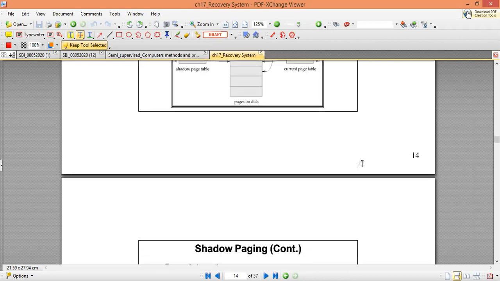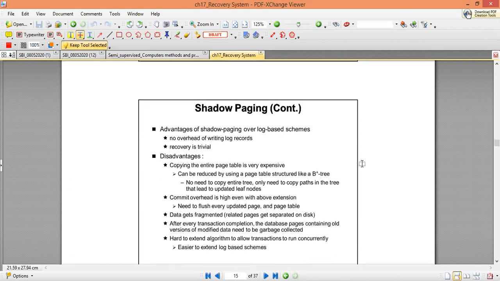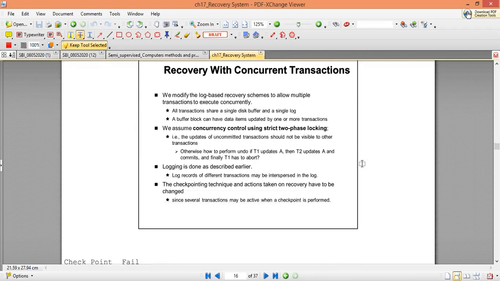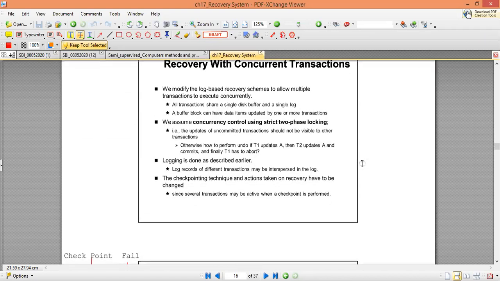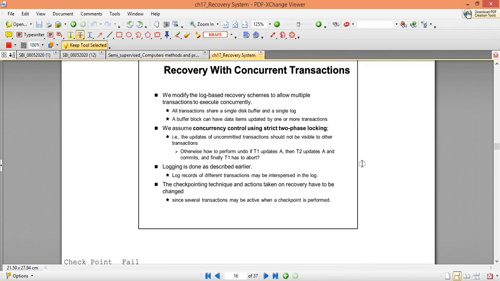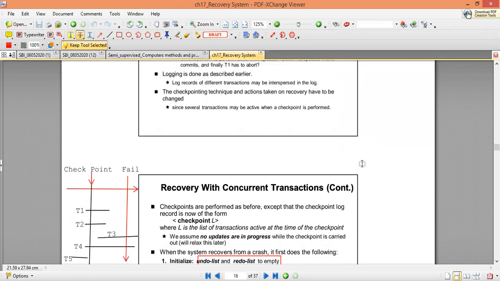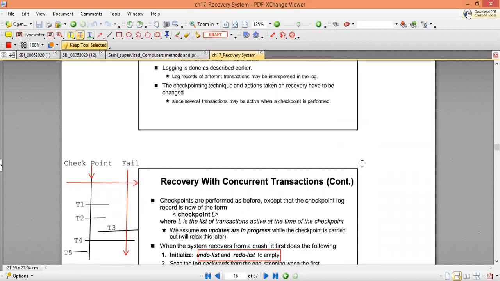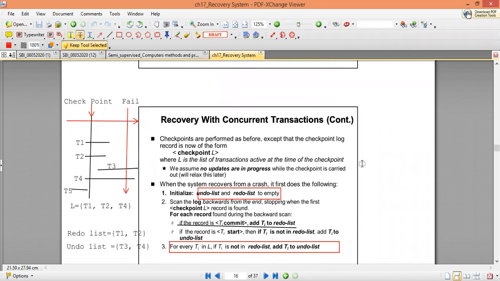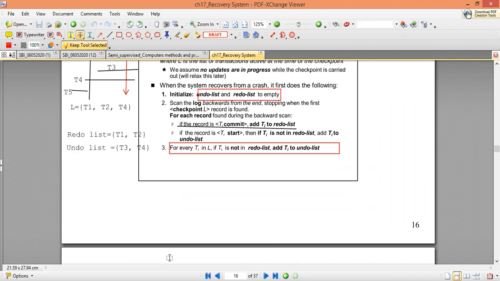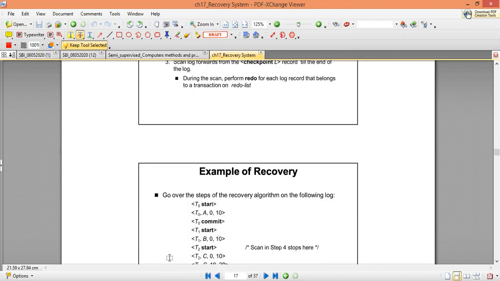So that we have already discussed, and then we have talked about the recovery mechanisms for concurrent transactions. For concurrent transactions, we have seen how the recovery mechanism will work. There we have seen that a little modification of the checkpoint-based policies is required. There we discussed that the checkpoint command will also include the list of the active transactions at that moment, and that we have thoroughly discussed. Today we will be discussing